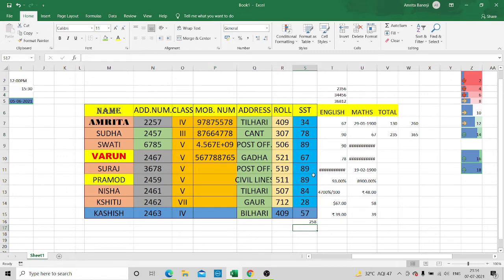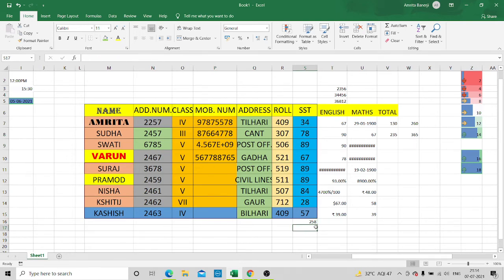See, from S12, 13, 14, 15, the sum has been entered. This was the sum of these four numbers, children. So this way you can enter formula in Excel. This is one of the very basic formulas, children, and every formula starts with an equals to sign.